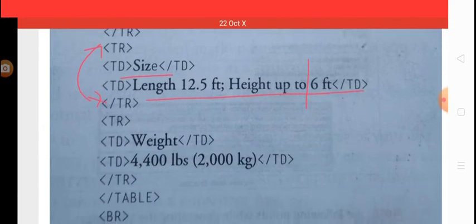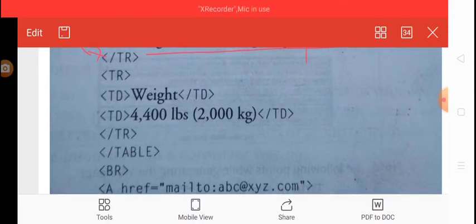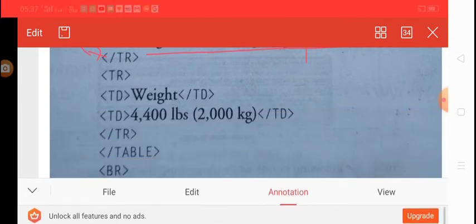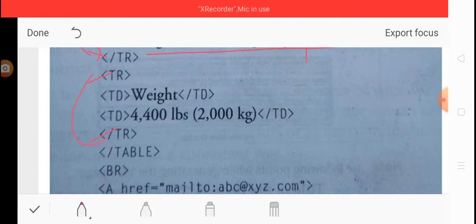Okay, and then the fifth row starts from here with TR and ends here. Inside this we use the TD tag to write the data.